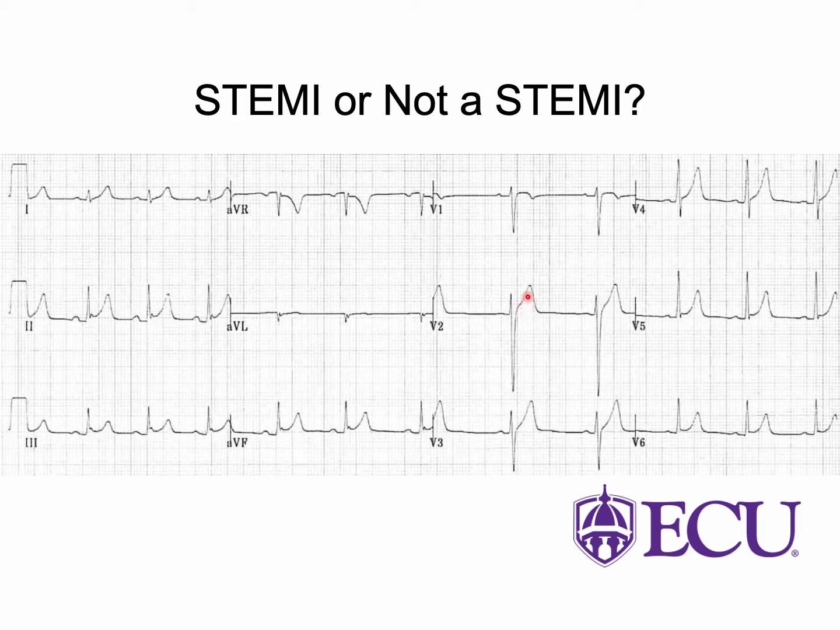V2, right? That looks a little bit elevated. V3, maybe a little bit. And then maybe out laterally as well. There's some depression in AVR potentially. This is a kind of funky looking EKG that might make me concerned, but I need to know who